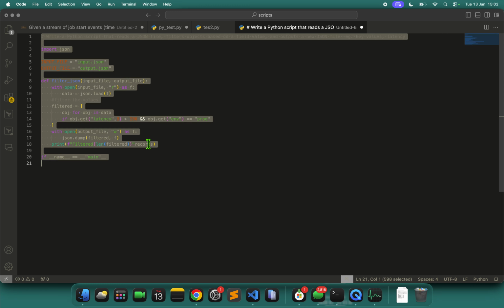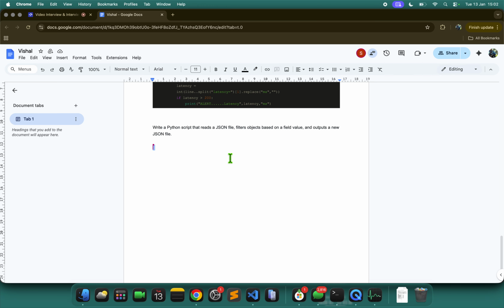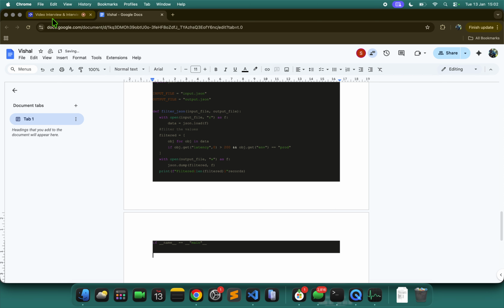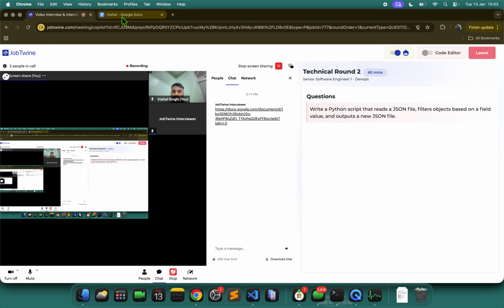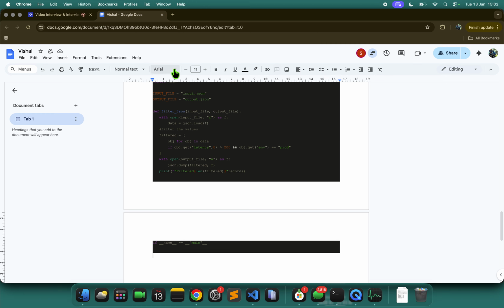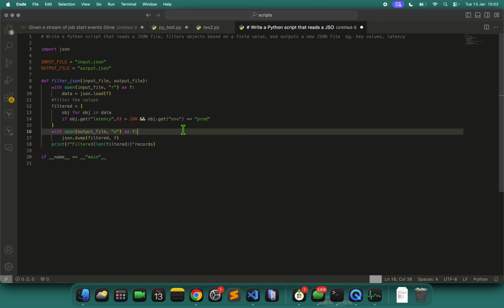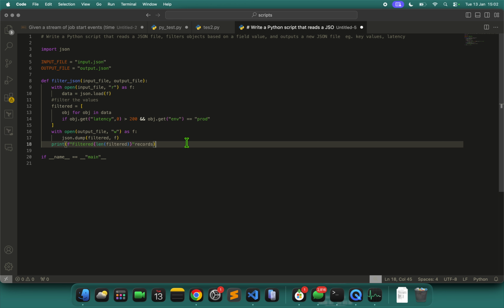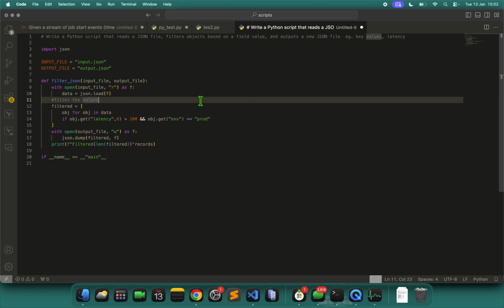I asked that we not write unnecessary code. Just write the function to run the function. Let's give more time to the filter.